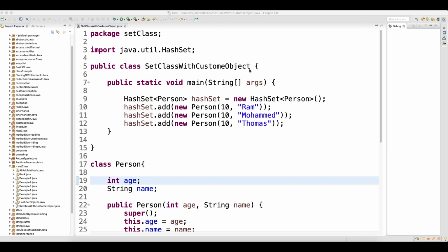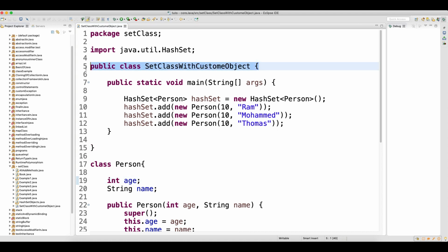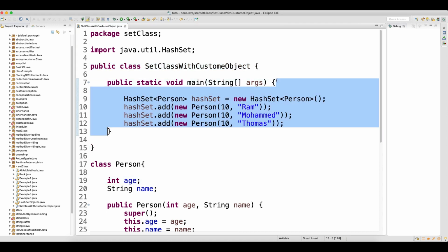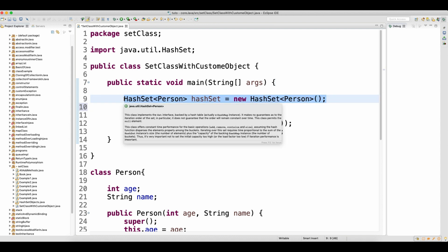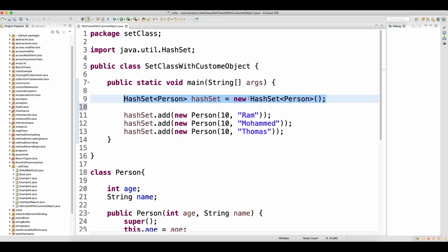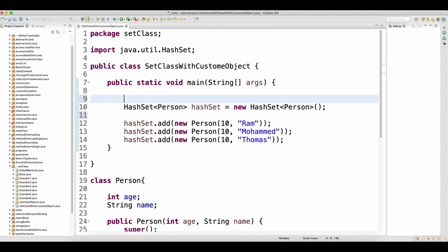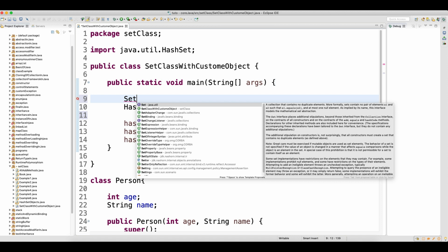So if you look at this example, we have a class and a main method here, right? Now what I'm trying to do here is create the object of HashSet, and you know that like this we can create the object of HashSet, or what we can do here is write Set, Control space bar, and you can see that this comes from the java.util package.